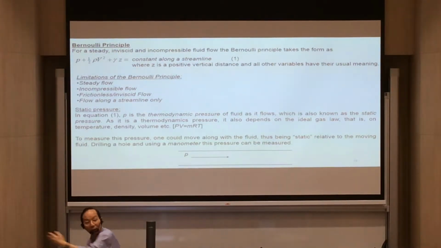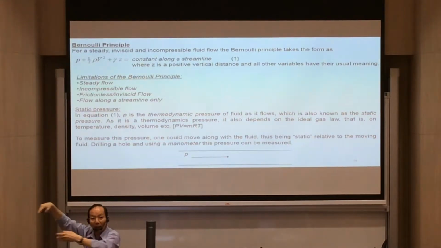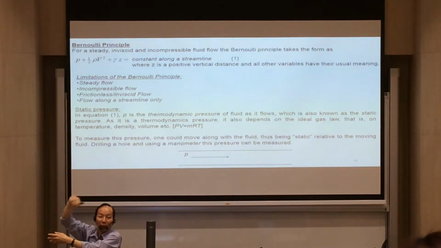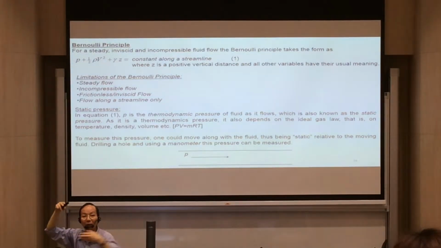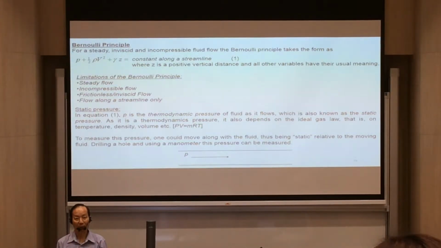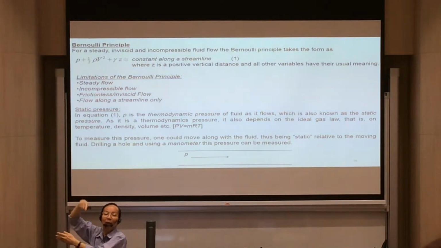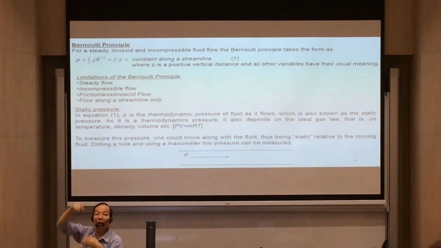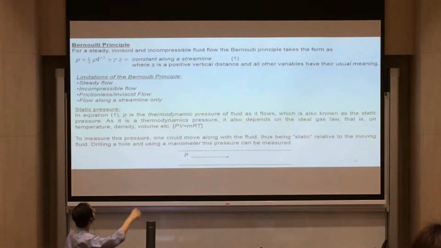The term static pressure is used when you open up a hole somewhere along the pipe and you tap the pressure. The pressure reading is the static pressure reading of the flow, as opposed to stagnation pressure, as you learn later. Static pressure and stagnation pressure are different. The fluid is still flowing. You open the hole and connect to a U-tube manometer. The flowing fluid will give you a pressure reading, and that is a static pressure reading.